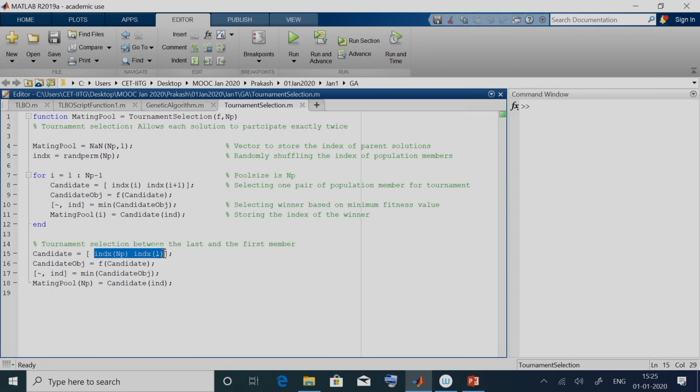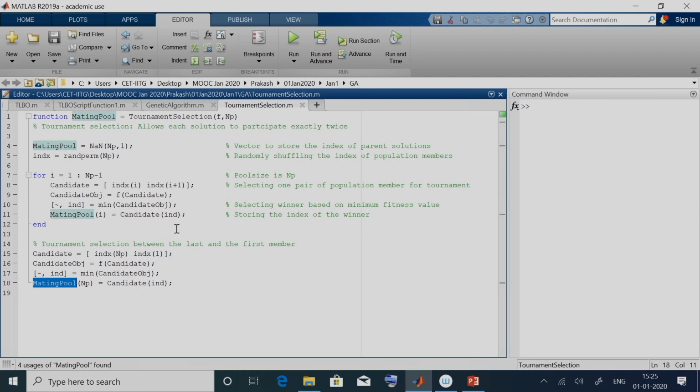We are now selecting these 2 solutions, so that is candidate, and it will store the index. Once we store the objective function values of those 2 candidates in this candidate obj, we can find out where the minimum is located. Depending upon where this minimum is located, using this variable IND, we access that particular candidate and dump it into the mating pool. So this is the tournament selection which is implemented.